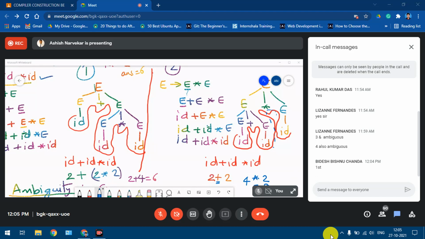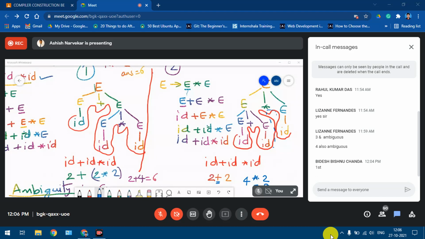So based on whatever we know, even if you apply the basic rules of maths like BODMAS, it's quite obvious that we should go with the first one, right? Because how it works, I've already shown you. What the system will do is, obviously it shows as id plus id into id, and even if you look at it, it looks like it should go in sequence.